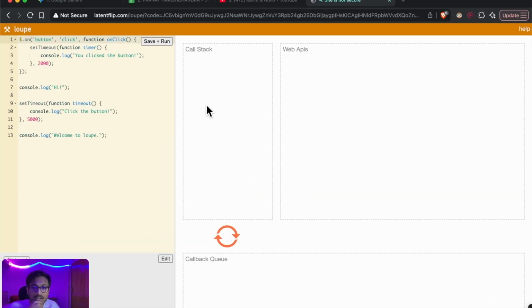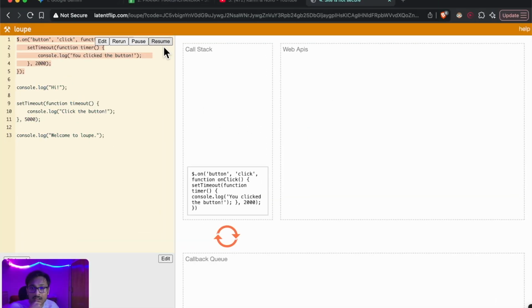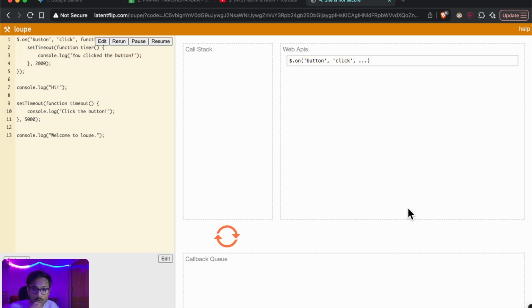Now, before that, you see this website. If I run this, you can see this code running. Now in here, you can see a call stack. From the call stack, the code goes to web APIs. And after web APIs, it goes to the callback queue. And after the callback queue, it goes to the call stack. And the event loop is something that keeps on checking the call stack, and when it sees the call stack is empty, then it pushes the function in the callback queue to the